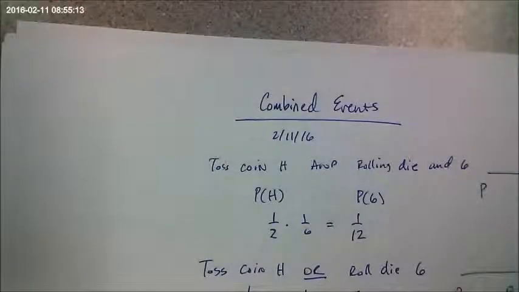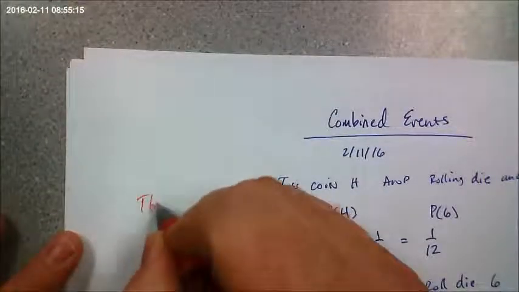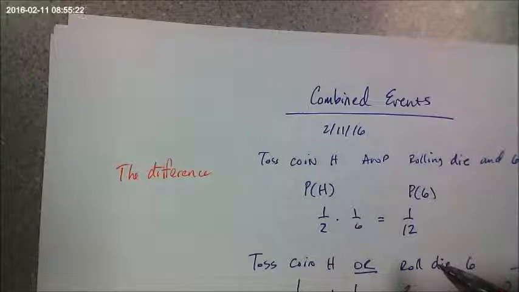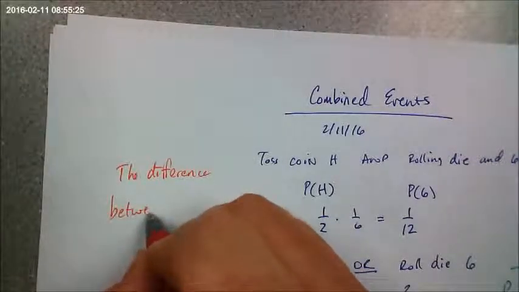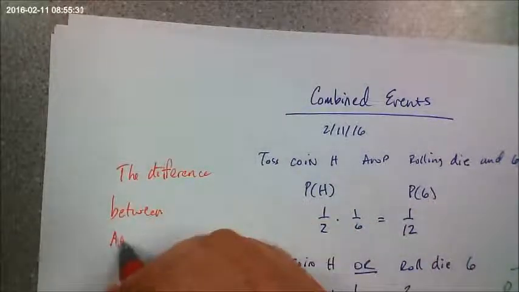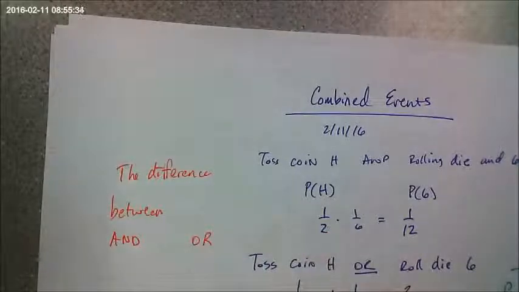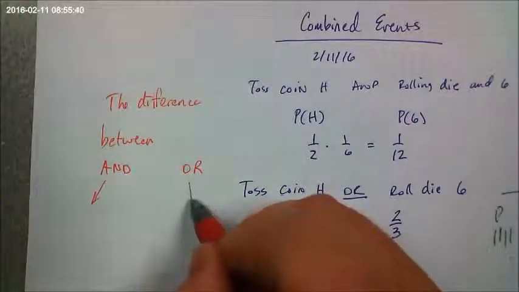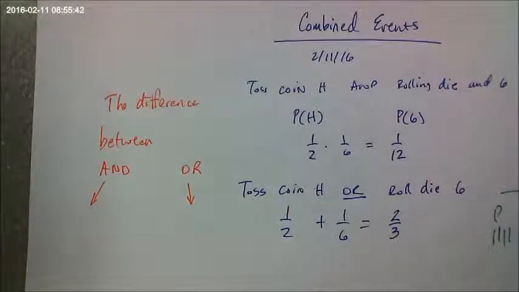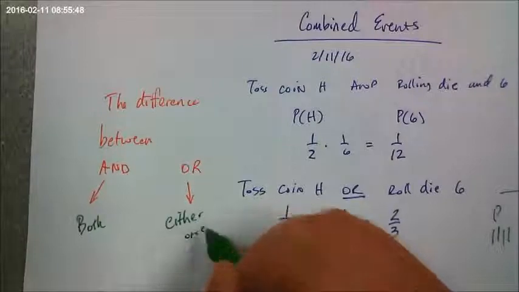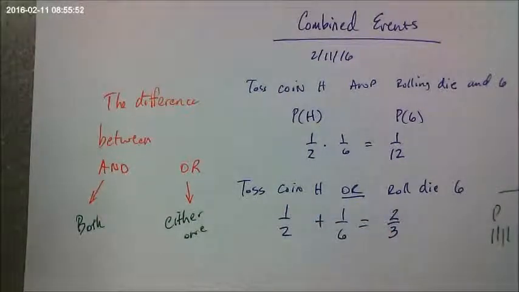All right. Oh, wait. Let's do this before I forget. The difference between and or, because that's what's going to cause you trouble. I think you got it now, but if what you learn now you can't remember tomorrow, then it didn't do us any good. Let's write down in your notes what the difference between and or is. So, what is the difference? And: both. Or: just one. Both, and either one. Doesn't even matter, just one of them. That's the difference.